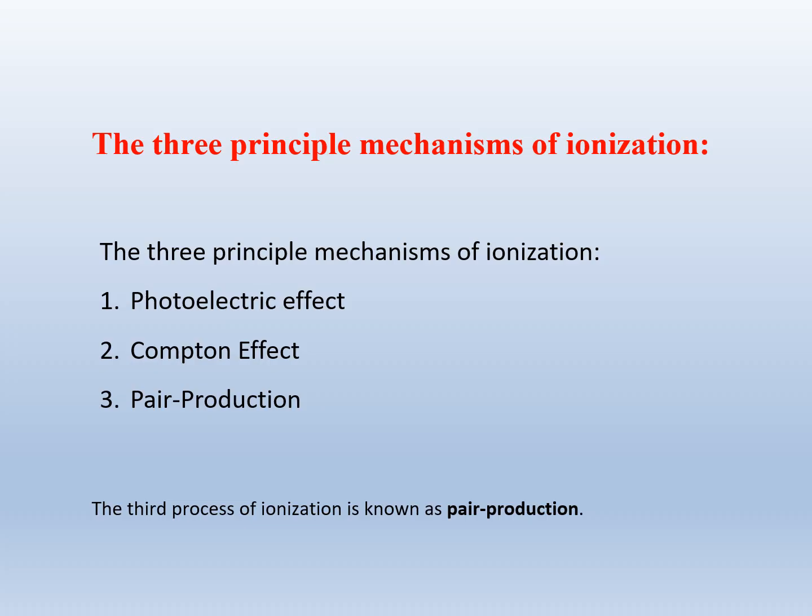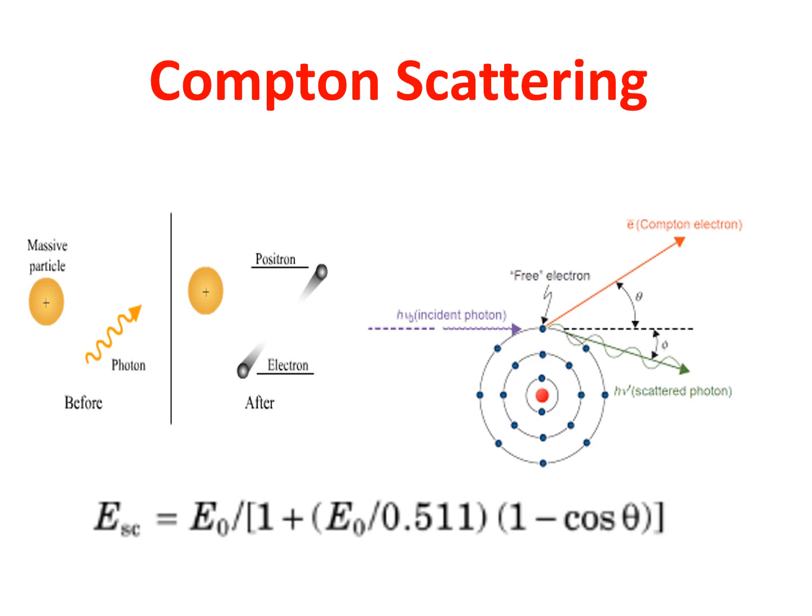What are the photon interactions? When a photon interacts with an atom, it will eject an electron that will produce ionization. So these are the three main principal mechanisms of ionization. Of these, the Compton effect is one of the ionization effects. That means photon interaction. In the Compton effect, the main cause of scatter radiation in a material, it occurs mainly